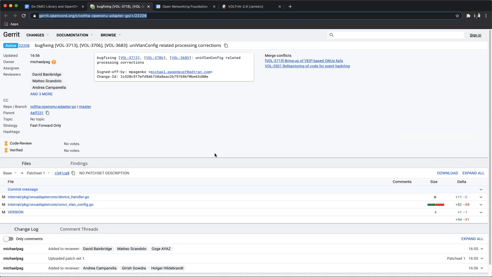So I had to try to introduce a bug fix for that. And this is the topic of this Gerrit patch now. Okay, great.